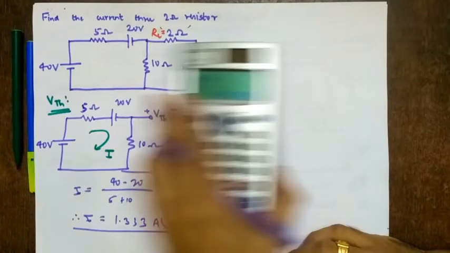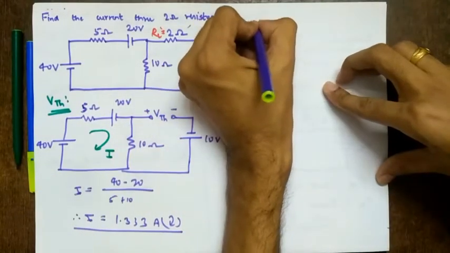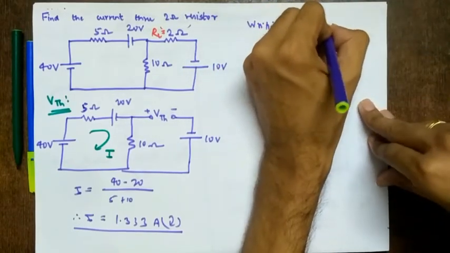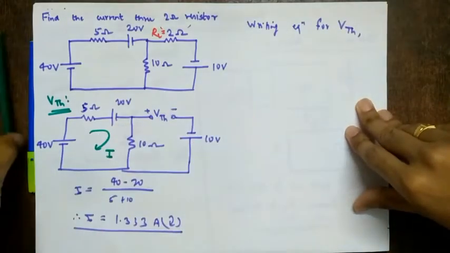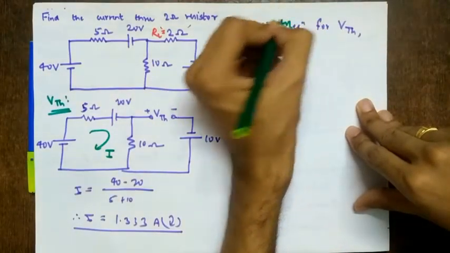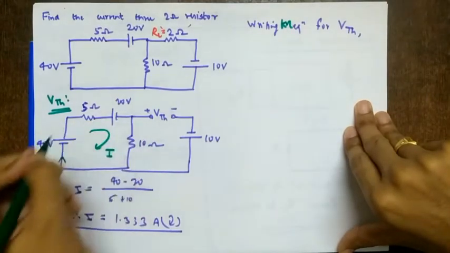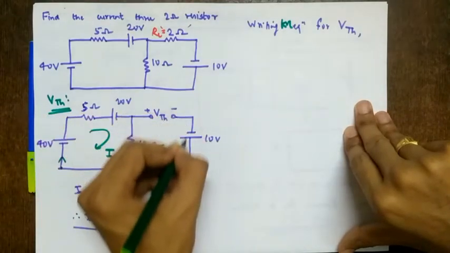So we have to find the VTH equation. In the exam you will write the steps by Ohm's law, so and so. For VTH you will write the equation for VTH. This is important. So let's start from here. We are writing the KVL equation. I'll write this with the green pen. So let's start from here. We'll go like this, and we have to use VTH, so we'll have to use that loop. So we'll go like this path.